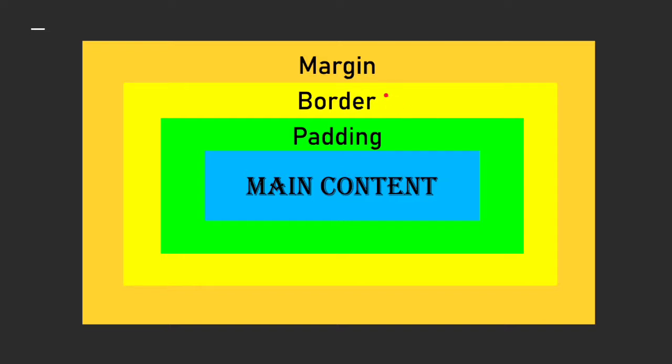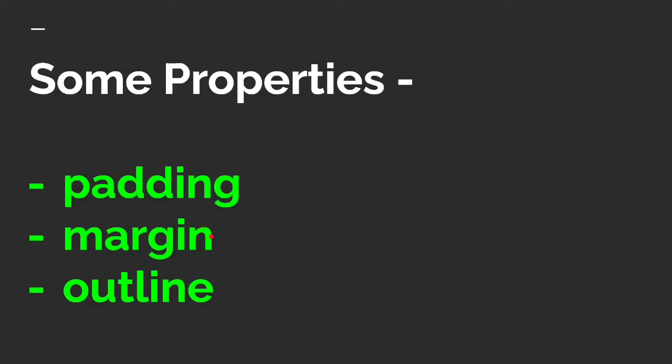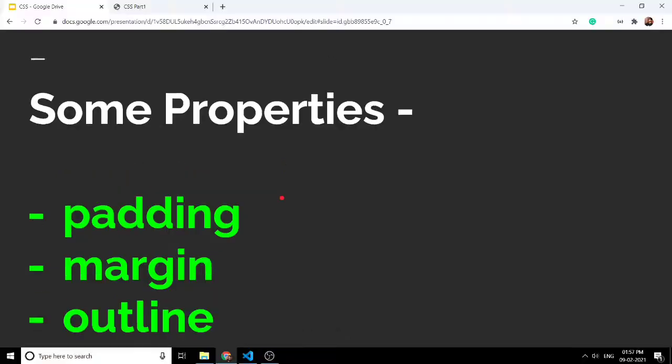So basically our box model tells that every element is wrapped in a rectangular box in which in the center is the main content, which is surrounded by the padding, which is the distance between the content and the border. We have already seen what border is, and at last there is a margin, which helps to separate the content from other contents. Let's see it with examples, and while exploring those, we'll see a few other properties, which are padding, margin, and outline. We have already seen border, but we'll see it again. So let's start.